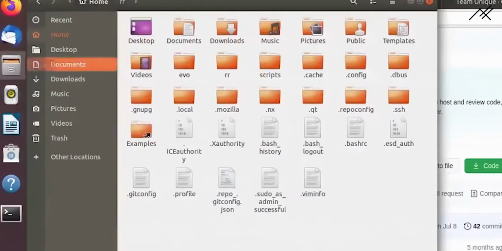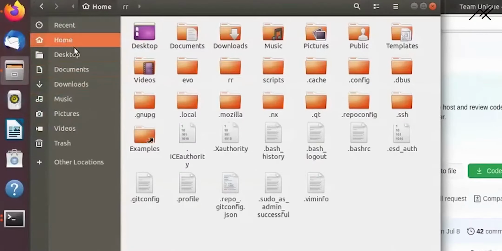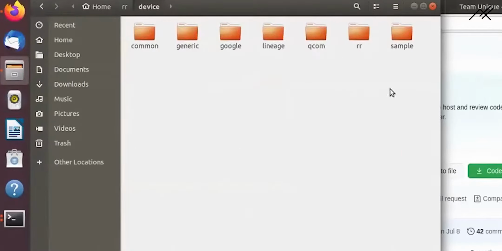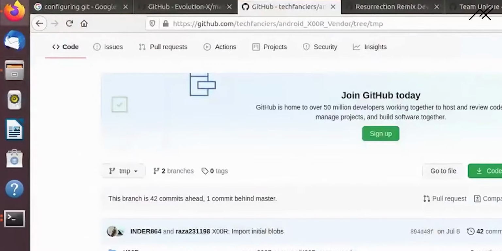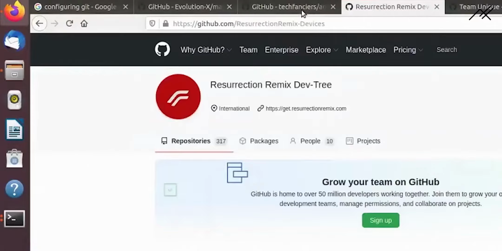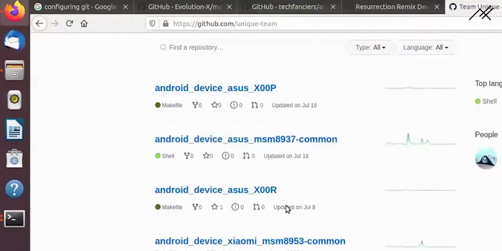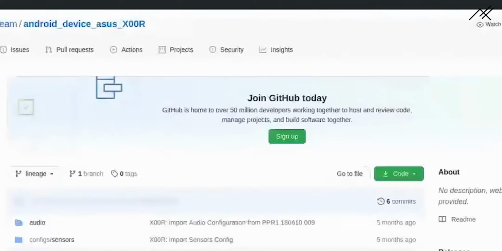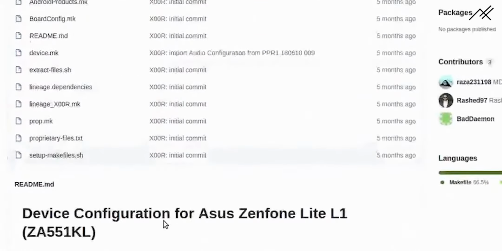Now we'll just see some things in the source. I'm going into Resurrection Remix. First I need to put the device tree inside the device folder. I need to have a folder called ASUS and then XOR, which is my device name. For how I can find that, I can go here, Team Unique and XOR, and here I have this